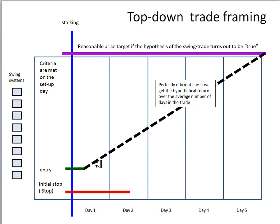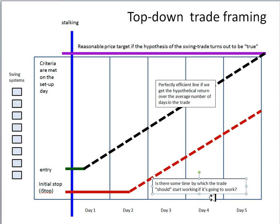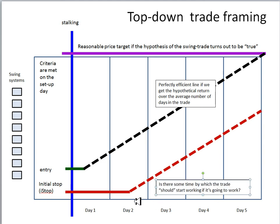way it has. So this dotted black line would give you some kind of sense of the perfectly efficient line, which says if you gain the average amount each day for the average length of the trade, you will get some kind of performance line that looks like the pure average trade, pure efficiency. And then you might ask yourself, well, is there some time by which that trade should be working, should start working if it's going to work, in which case you might have the initial risk at your initial stop, and